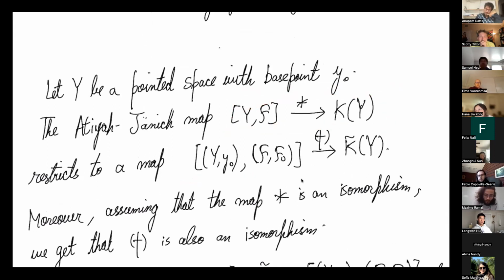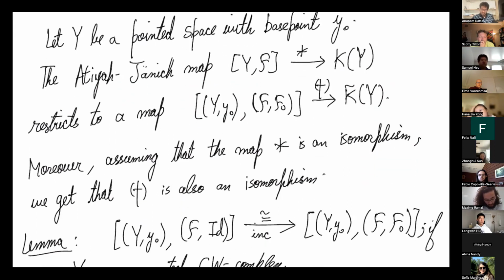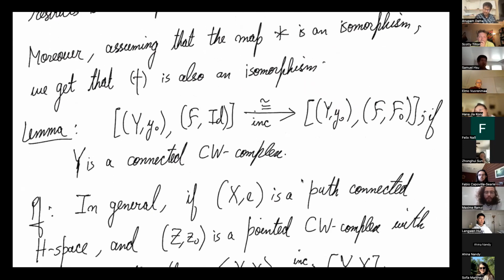that map restricts to a map from this pointed space Y0 to this pair of spaces F and F0, where F0 denotes the space of Fredholm operators with index 0. And you can check that this map restricts to a map from these homotopy classes of maps to the reduced K group of Y, where of course Y is a pointed space with base point y0. Now if we assume the star is an isomorphism, then this map is also going to be an isomorphism. And the technical lemma is that